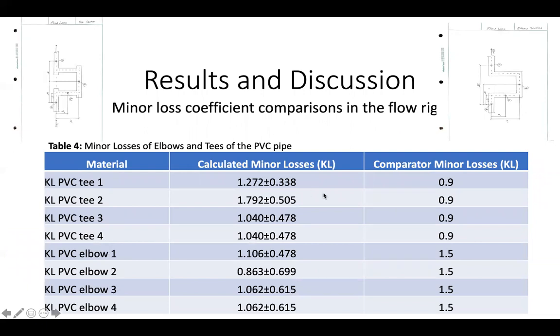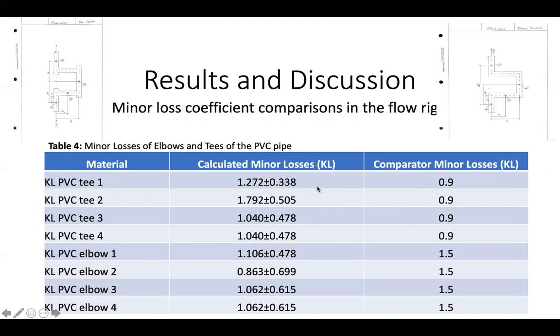Our minor loss coefficients were then calculated for all of our T's and all of our elbows, and our uncertainties for each of these minor losses help us fall within the comparator values for minor losses for elbows and T's. Our comparator values for T's were 90-degree line flow threaded T's, and our comparator values for elbows were 90-degree threaded elbows. These values were given